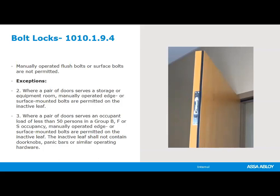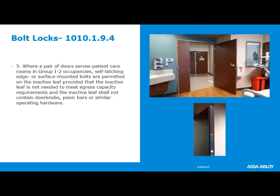Number 4 is very similar to 3, except if it's a fully sprinklered building, then there is no maximum occupant load for your Group B business. And then another exception is when you have a pair of doors for patient care rooms, the patient bedrooms in hospitals and nursing homes, you can have self-latching edge or surface mounted bolts on the inactive leaf, provided that the